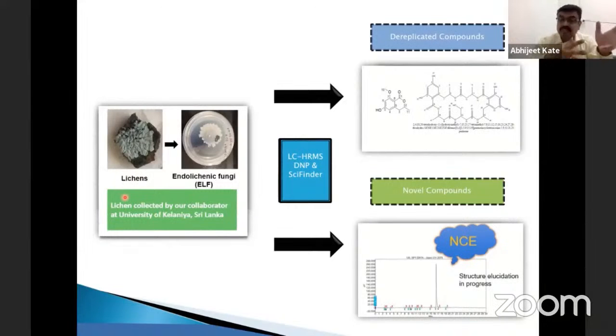Now, with this, we got the endolichenic fungi, we fermented them in the lab and prepared the extract. Here, the idea is to look for anti-cancer molecules, because most of these molecules are used in microbial assays and they show good antimicrobial activity, and generally antimicrobial activities turn out to be good anti-cancer activities. So in both directions we can pursue it on a large scale, and we could get good NCEs